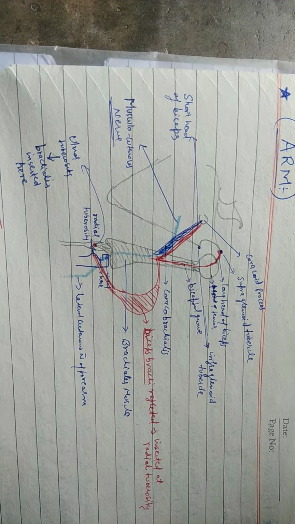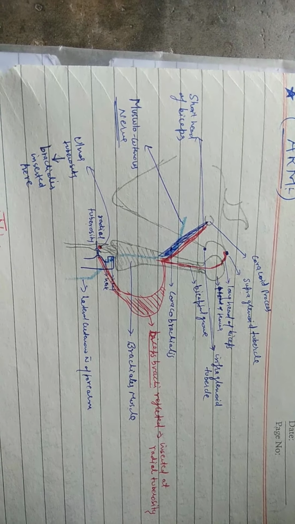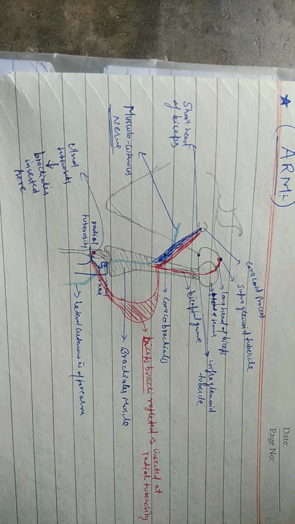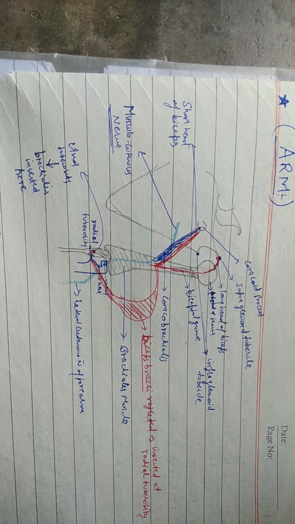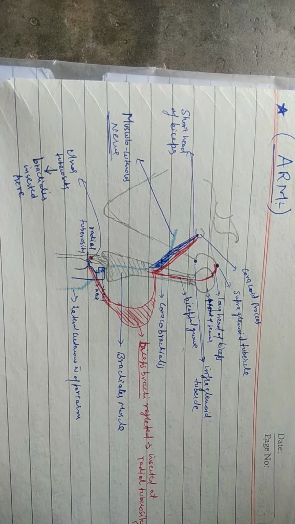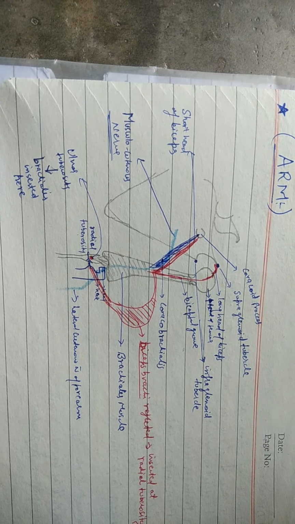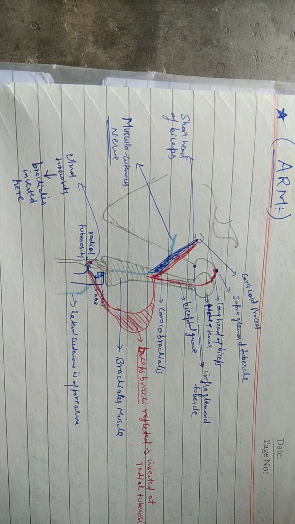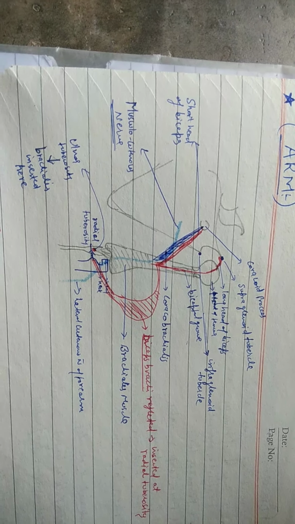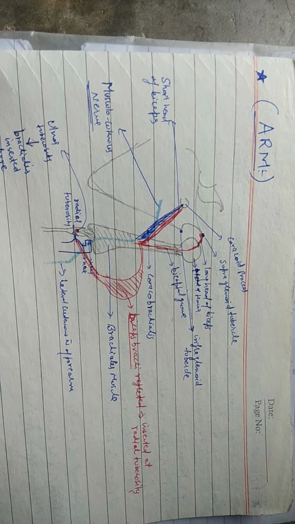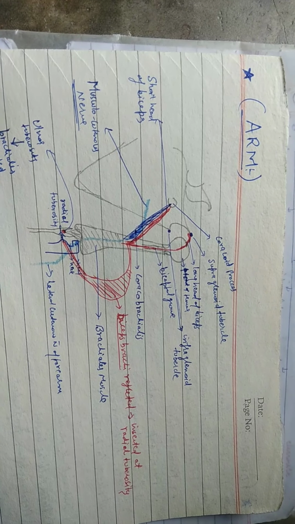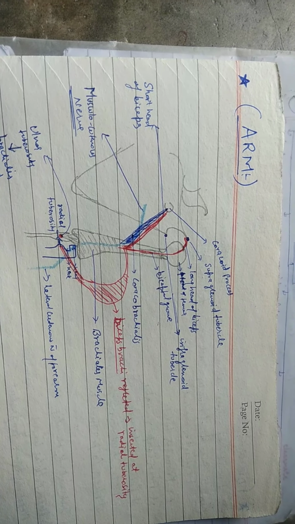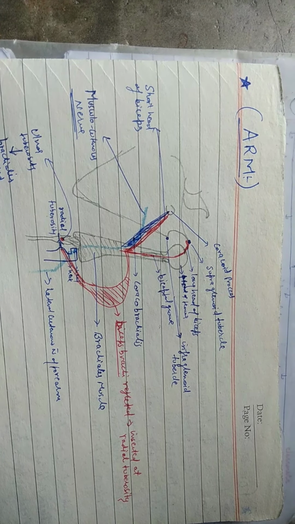In scapula we are having coracoid process, and then we are having the humerus, we are having head of humerus, then we are having bicipital groove, then we are having cubital fossa, and in cubital fossa we are having the proximal end of two other bones, that are radial bone and ulnar bone. So I will be discussing the contents which are present there. We are having supraglenoid tubercle on the scapula, then we are having infraglenoid tubercle, we are having coracoid process.